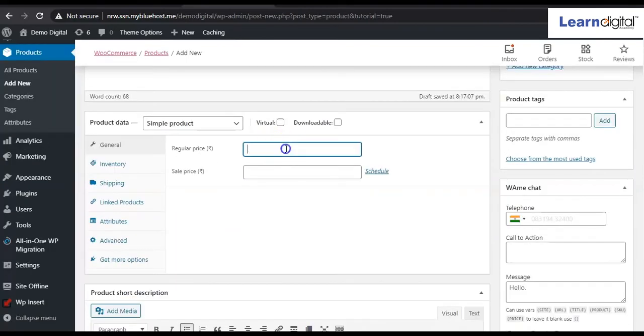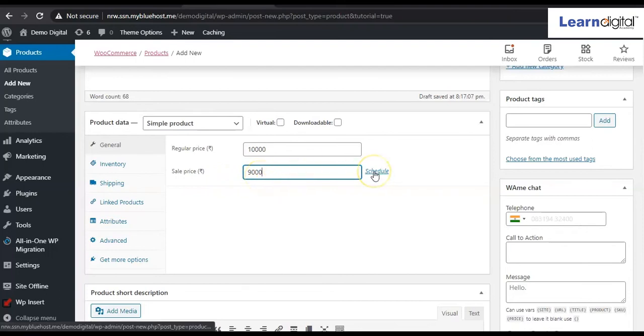Now the regular price, for example, 10,000. And what will be your selling price? Here you show the regular price, but remember the selling price will always be lesser than the regular price. So somewhere around 9,000 you are selling. And up to which date do you want to sell at this price?